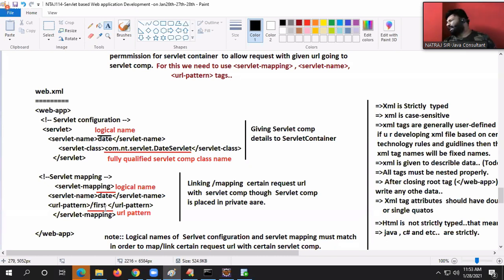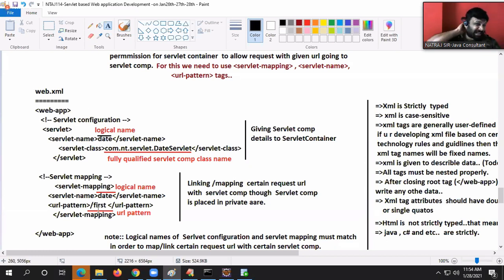You can take any logical name, logical name is your choice. Any class name you should take, but that class should be there with fully qualified package name along with the .class file.